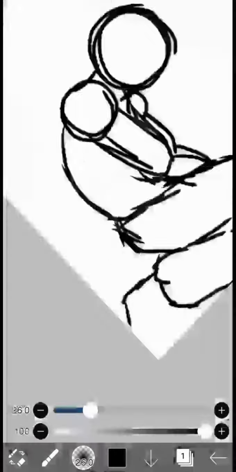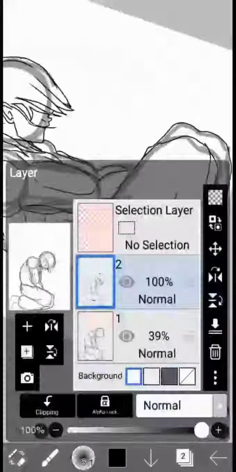Well, hello there. Yes, today we are going to be testing to see if we can use Ibis Paint X